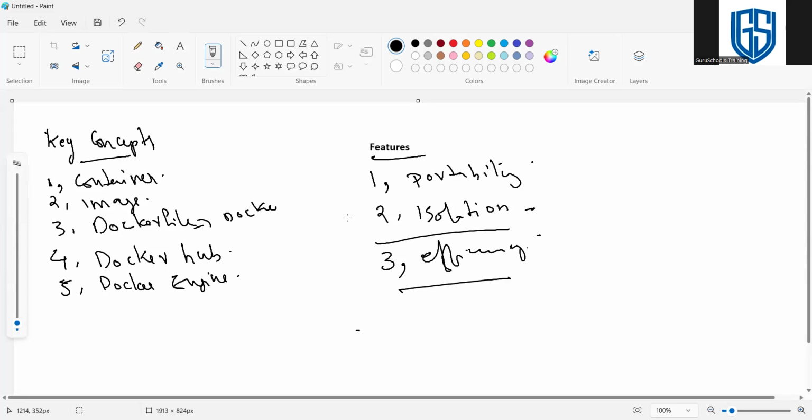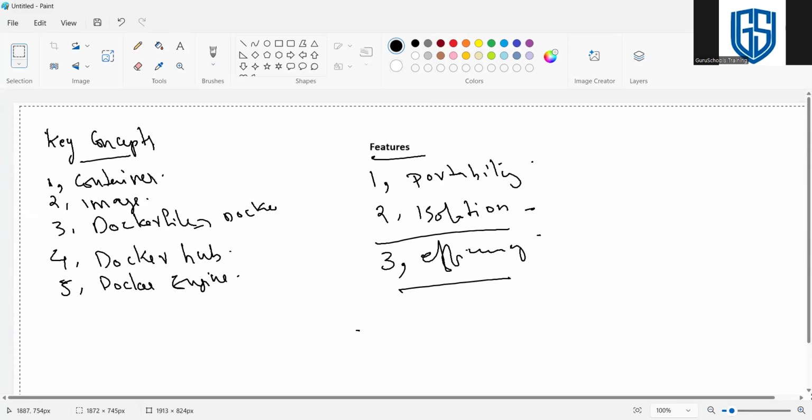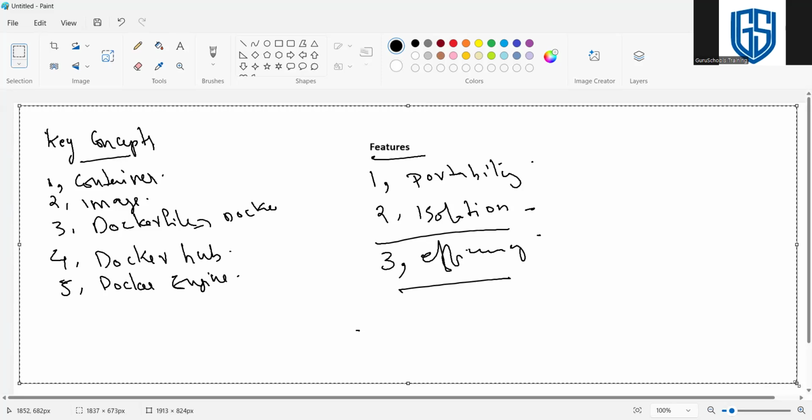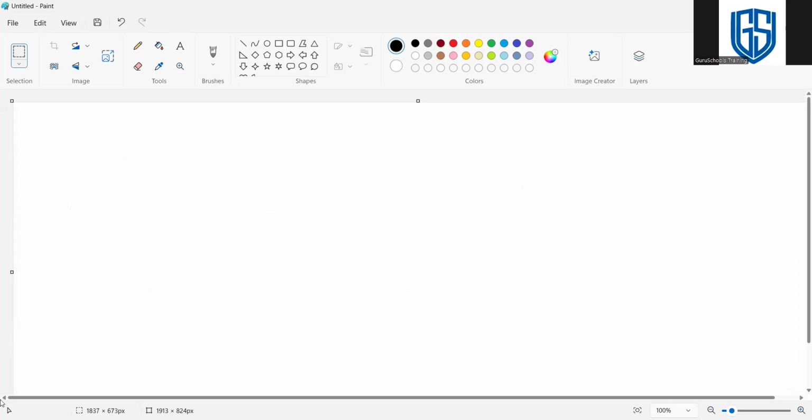Efficiency. So I will give a brief idea of what we used before Docker, so you will get more clarity. We have a requirement. Leave Docker and everything aside.